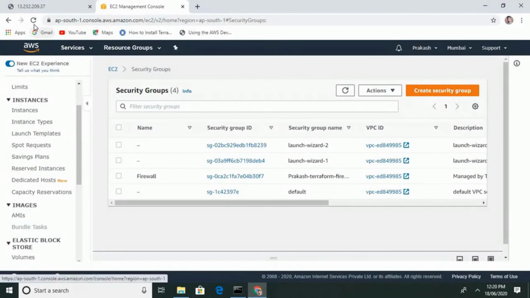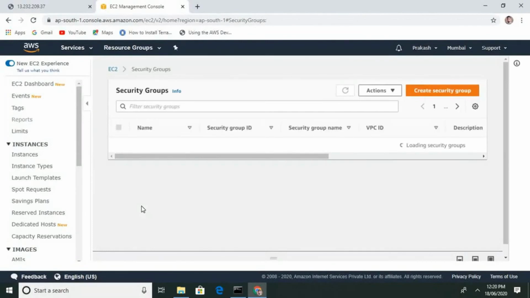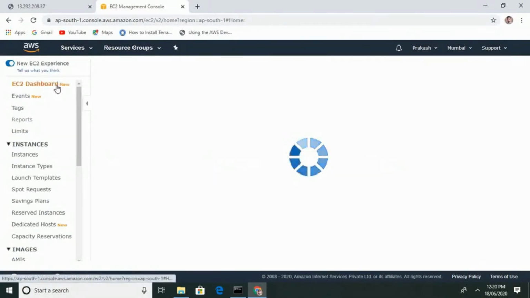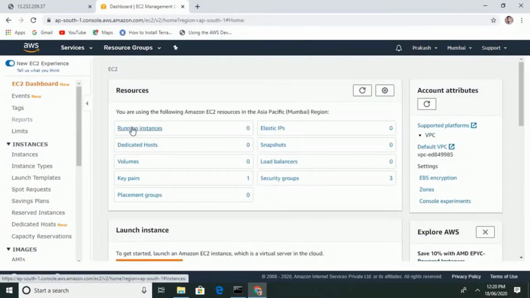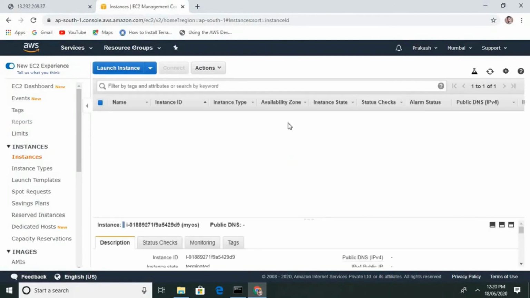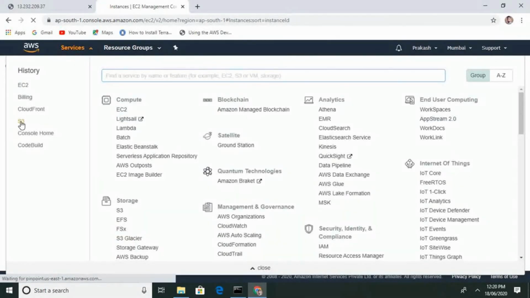Let's check. You can see the firewall is not there. Let's check the instance. The instance is terminated. You can see, just by one click.